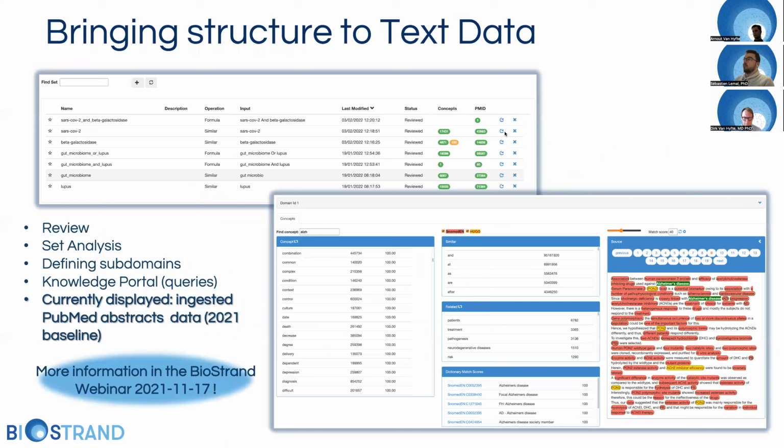And one thing that we have developed for now is basically a graphical interface that allows to do some treatment of this ingested data, like reviewing what we have ingested. In this case, we started from PubMed abstracts as a starting point. These abstracts have been mapped to different dictionaries, and from the concepts that we are retrieving, we can perform some